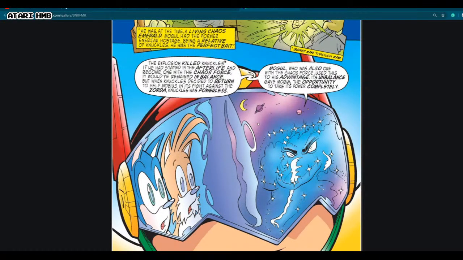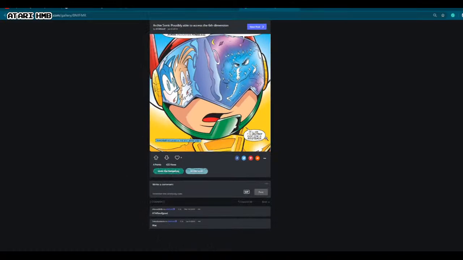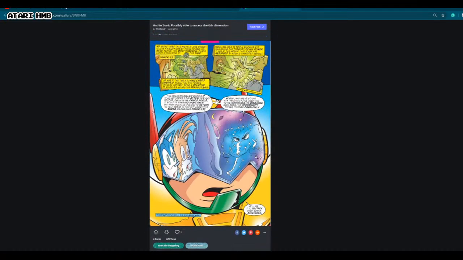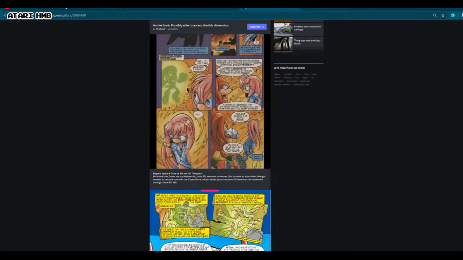used this to his advantage. Its unbalance gave Mongol the opportunity to take its power completely. He'll destroy every zone in existence. Now, this means Mongol... Now, most people say, doesn't that mean Mongol's 5D? No, the Cosmic Interstate is 5D and contains all zones. But Mongol can travel between that, and as we know, the Chaos Force,